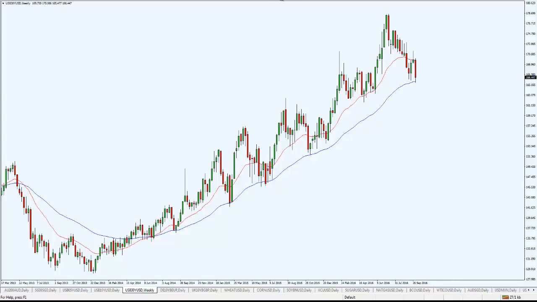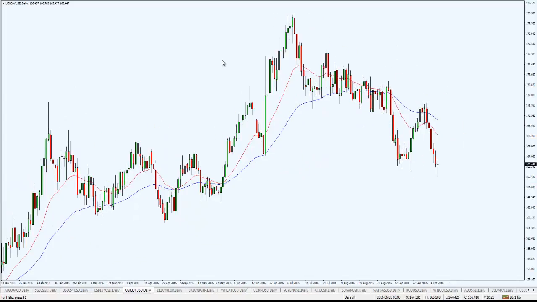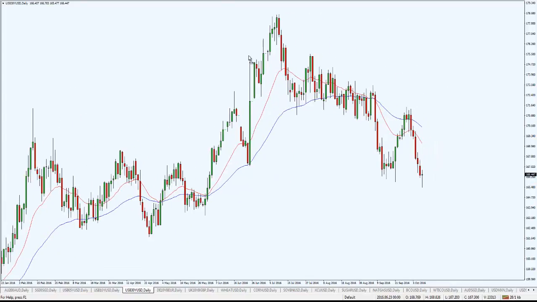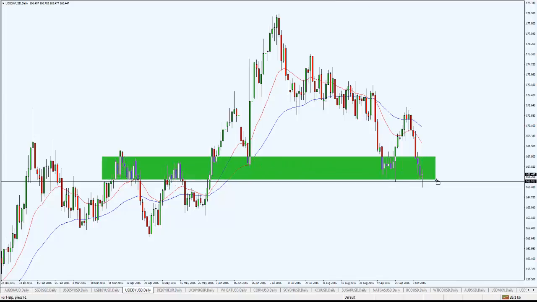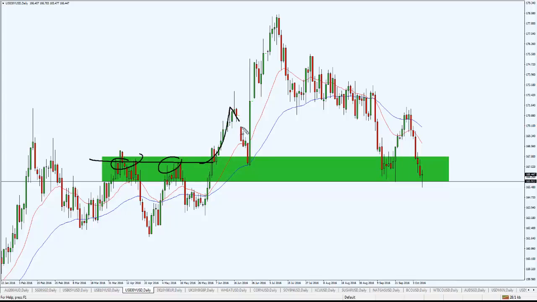So what I do instead is go down to a lower time frame, the daily. This is where we look for a potential trading setup. What I'm noticing right now is that this is a very interesting level. You can see that in fact this is a zone. Let me highlight this whole area here. This is the previous resistance, price broke out of it, and it became support. Then price rallied higher, came all the way back down to retest support, traded higher, and came back down and